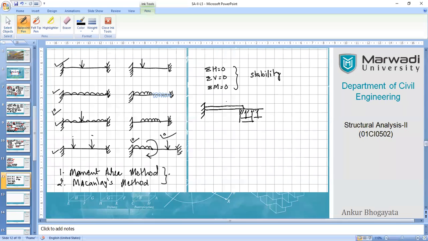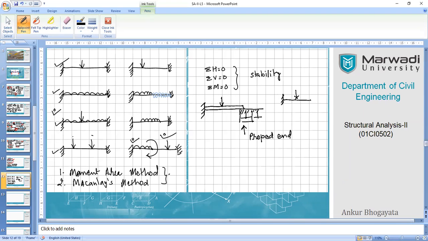Now, when you load this type of beam, which is called a prop cantilever, this is nothing but a prop cantilever, and this is called the prop. Prop means support, right? An additional end support, which provides better stability to the structure. So you can very well assume that if it were simply a cantilever like this,